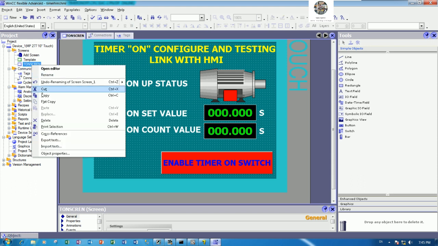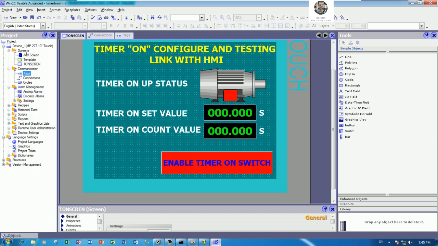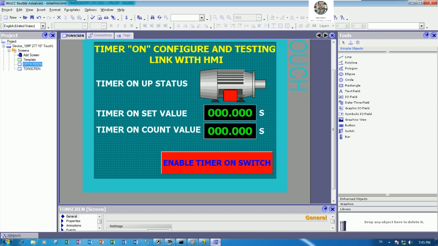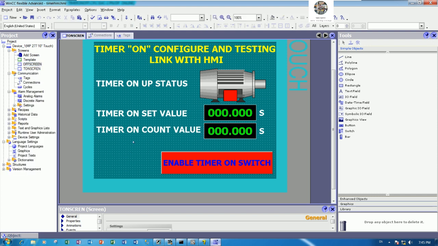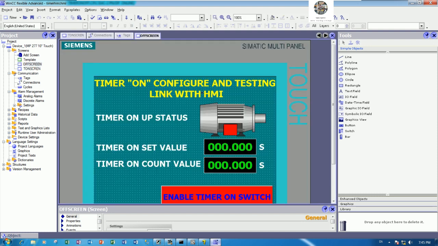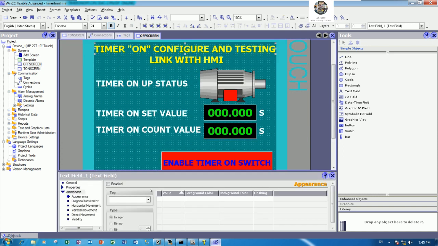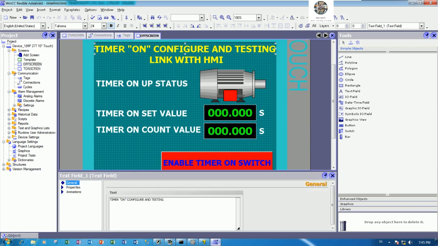Then we can copy and then paste. Yes, so we will get one more screen for timer off, so we can rename it off screen. Okay, and then let's go to the off screen here. Okay, we will get it like this, so we will change only these steps. General, change this one to off. Okay,